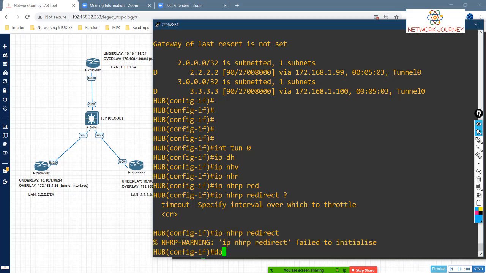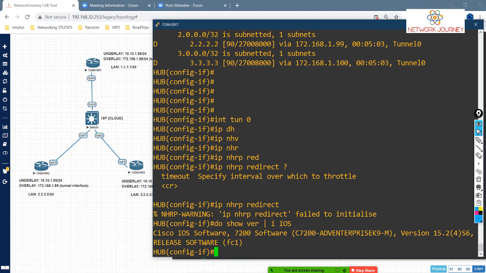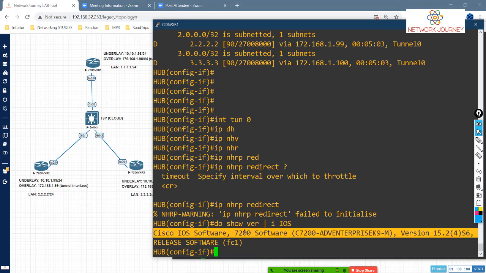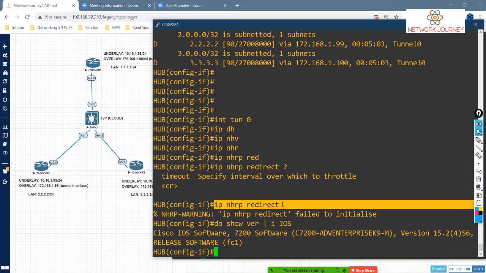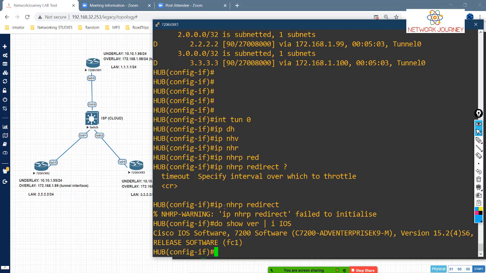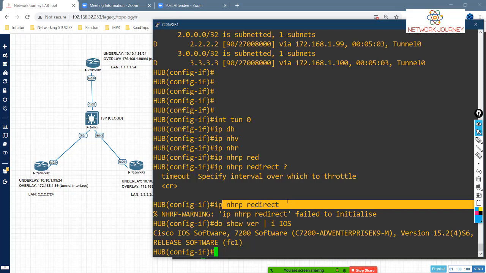So might be this particular iOS is not compatible for the phase 3 DMVPN. So this is a 72 series with this code, but this command doesn't take up, okay. So that's a catch where I cannot show you the phase 3,